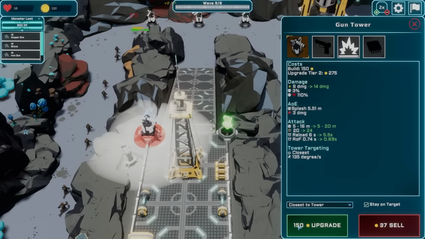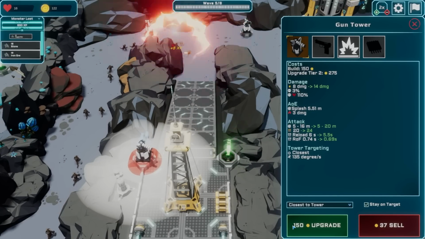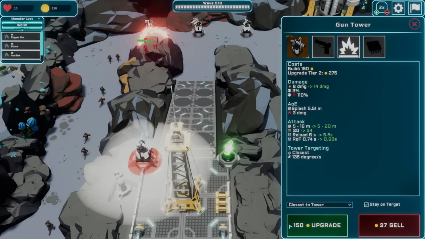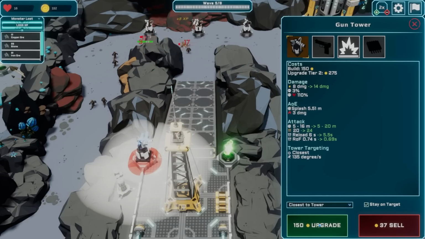This turret up here, this gun tower here would be pretty decent. Forget everything and just the range. Just the range improvements would be great. Also, the reload time is really bad. Like, we could really do with getting some better...